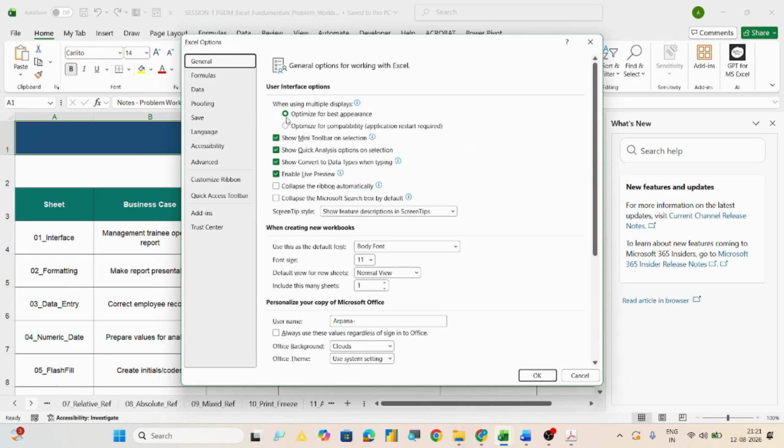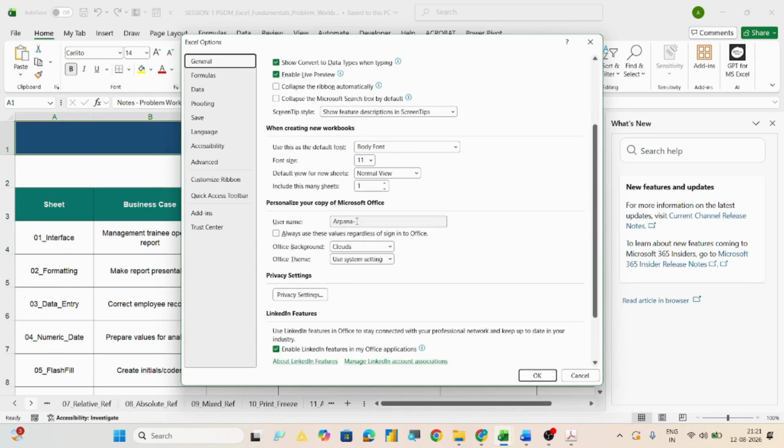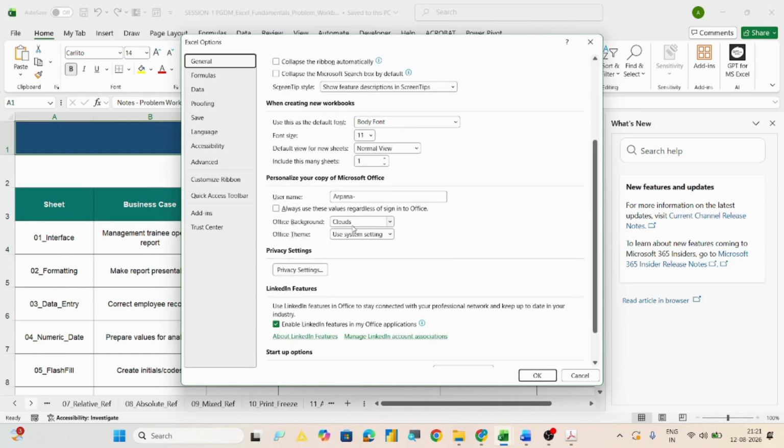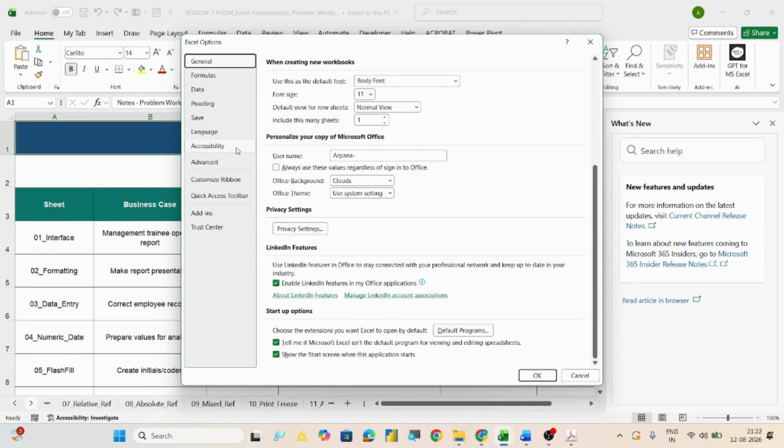If you want to optimize, or you want to see the compatible view, the mini toolbar on selection, quick analysis options, you want to show convert to data types when you are typing, you want to enable live preview, and so on. So many options are over here. Username you can change from here. Same Office background and theme is over here. You can change the privacy settings and many more, right?